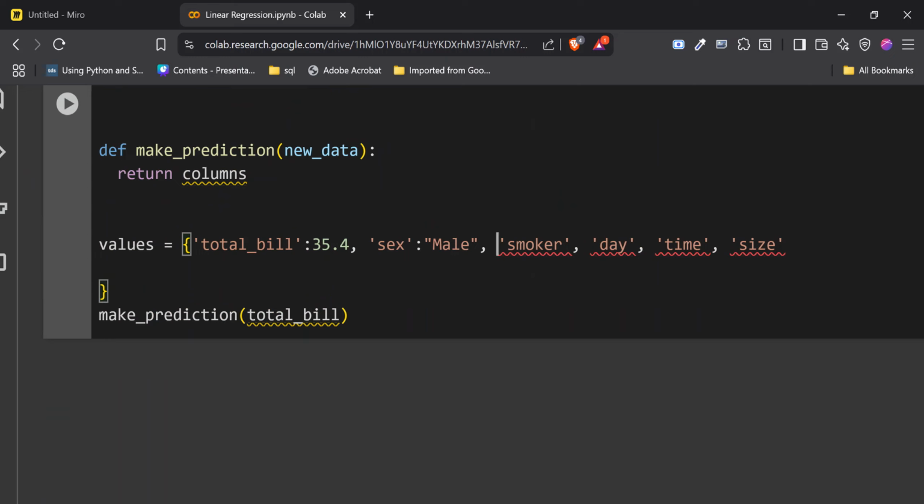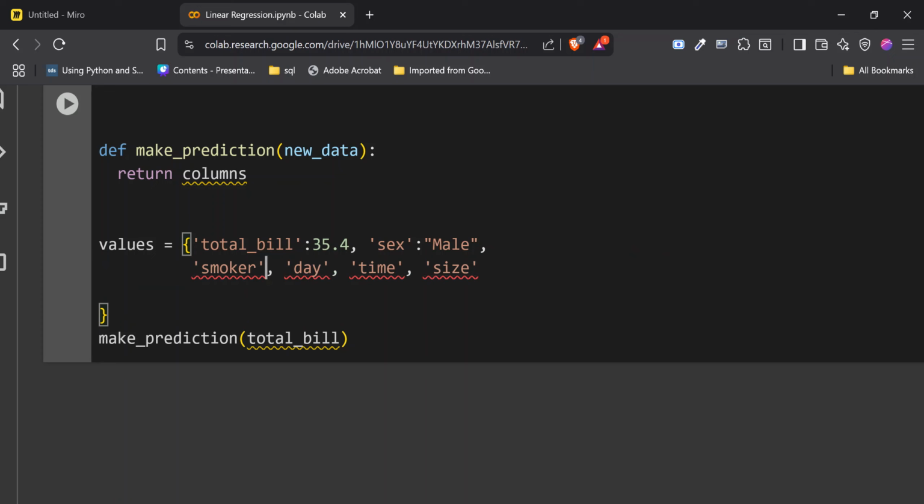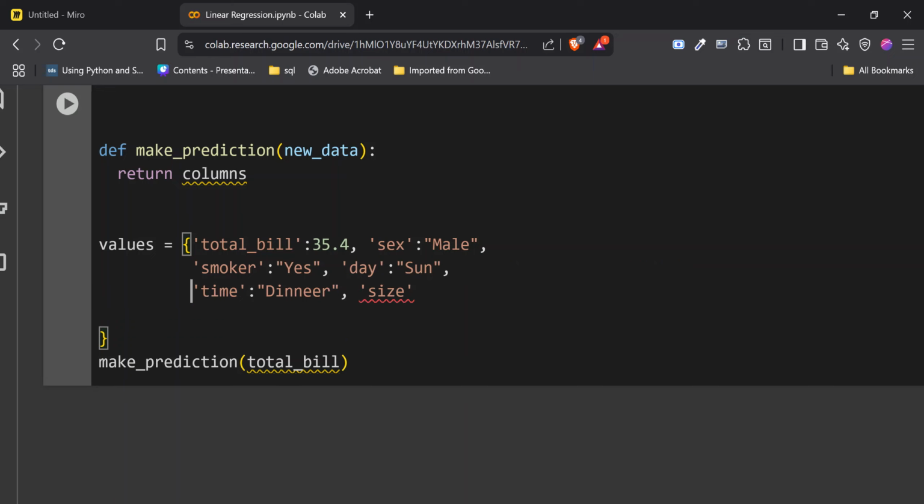Let's take that to the next line. Smoker is, let's say this person smokes. Smoker is Yes. Day is Sun. Time is Dinner. Let's take this to the next line too.